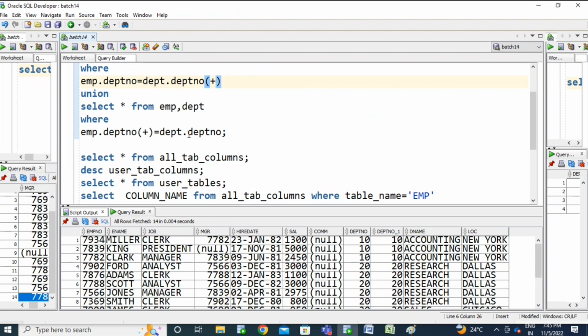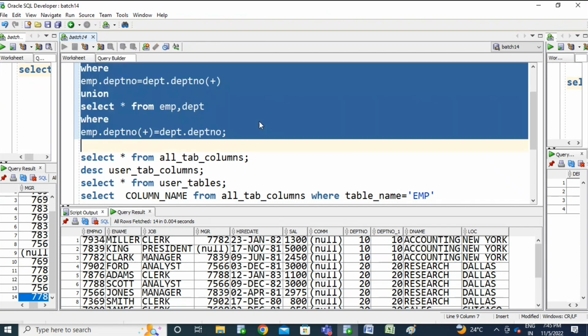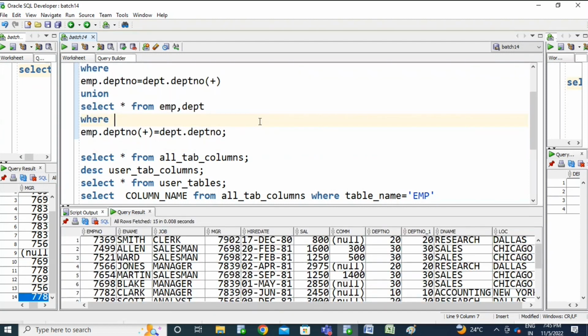So you have the two things in common here. Both tables have the common records that you are getting in the two queries as well. You need to display them only one time. So if you use the union, it will remove the duplicate records and display them only one time.